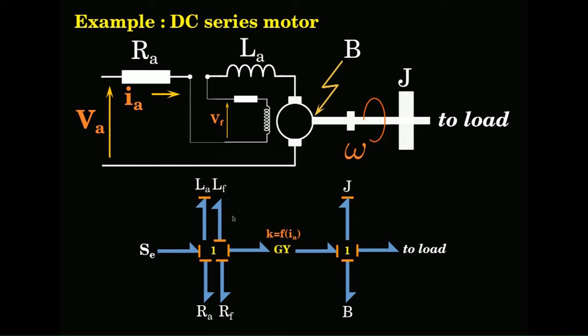But what is the problem here? If we combine LA and LF, exactly. I can't do it like this, right? This is a d by dt. This is having an effect E, effort, whereas this is an effect which is the flow. We need a flow effect. This is an integral causal. This is a differential causal. Differential causal is not favored in nature.